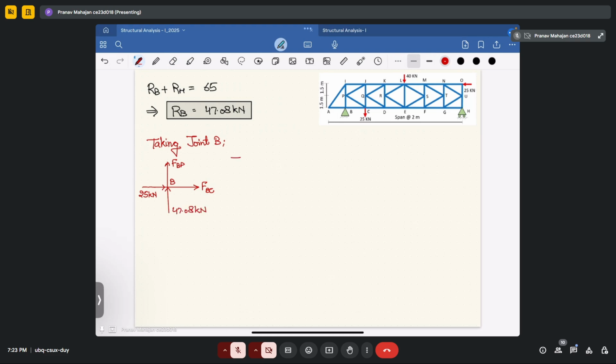Okay. So your FBP will become minus 47.08 kilonewton, and your FBC will become minus 25 kilonewton. Now joint B is analyzed. Now we will move to joint P. Okay. So now taking joint P,